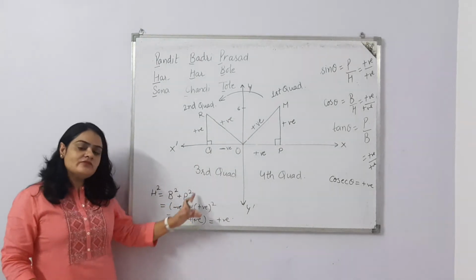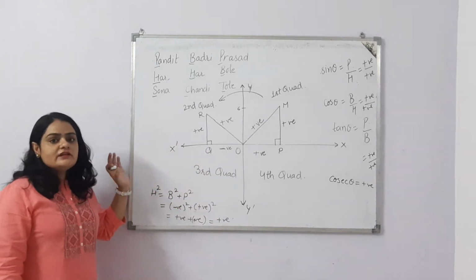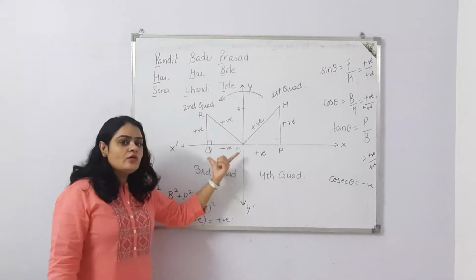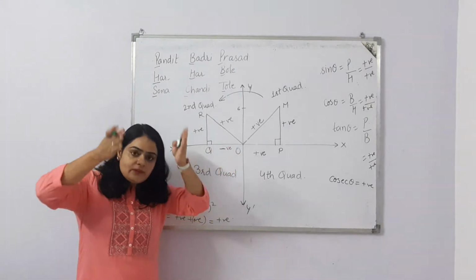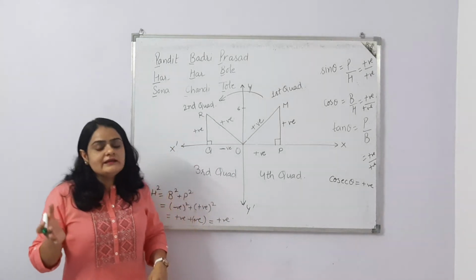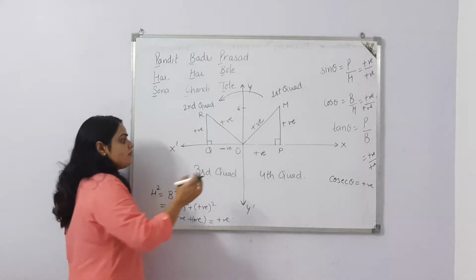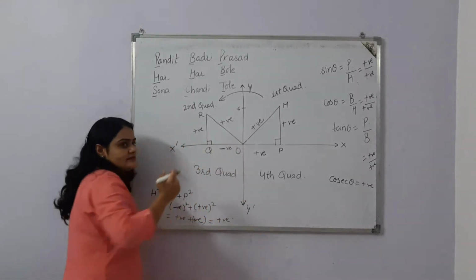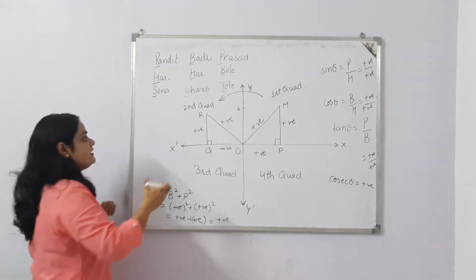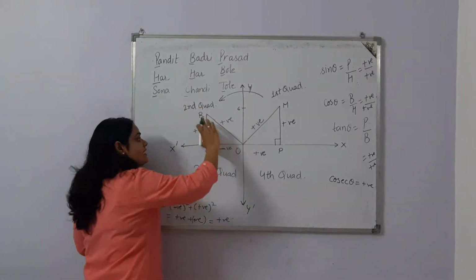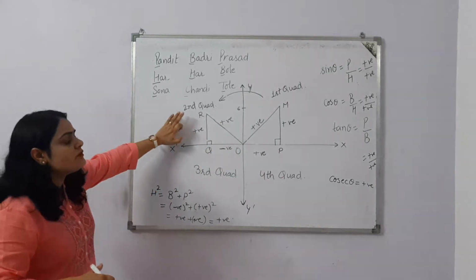If the base is on the negative x-axis side, of course if we are talking about QO, which is the distance, distance cannot be negative, we apply the modulus sign and we get the positive distance. But I am not talking about distance here, I am just talking about being on the negative x-axis. Here this is a line parallel to the positive y-axis, so we are on the positive y-axis side. So we are actually talking about the quadrant.